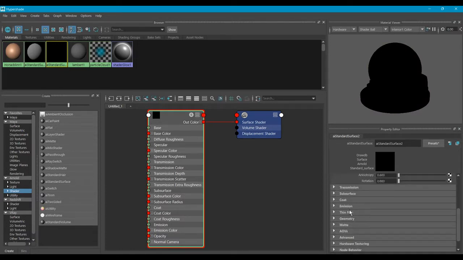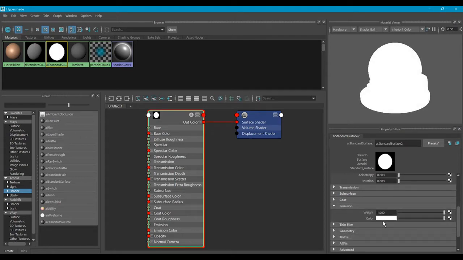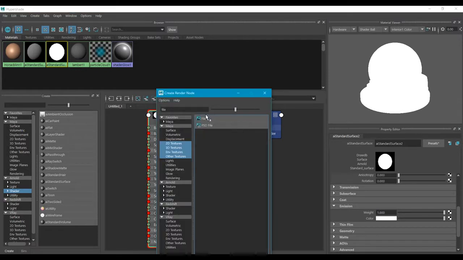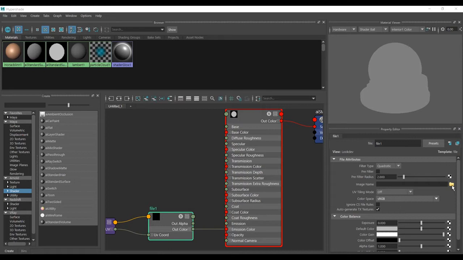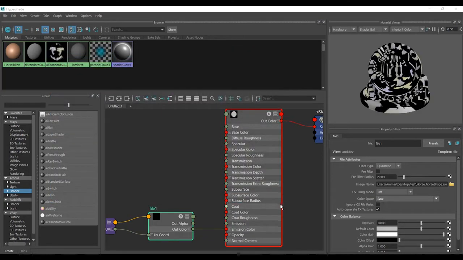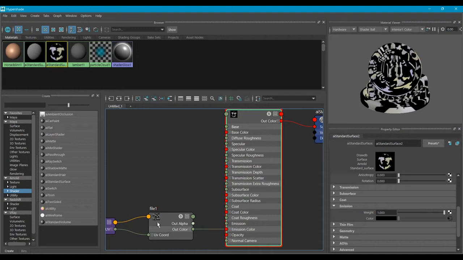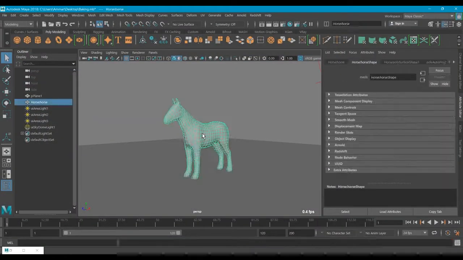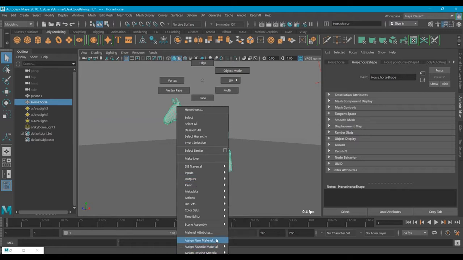Specular, I don't want it also, so here we go to emission and put this one to 1. And of course the baking texture I have created, I need to put inside here. But if I just do it without any nodes, I will get a seam. So let me just put the file we have created, here it is. So now I have connected this file inside the color and put the weight to 1. And now I need to apply it